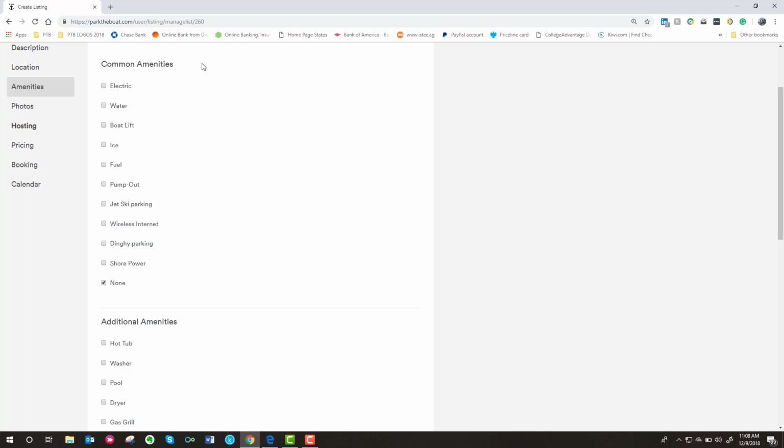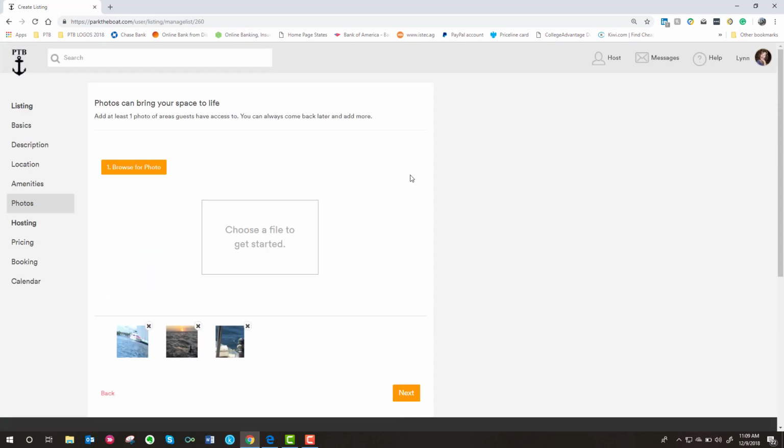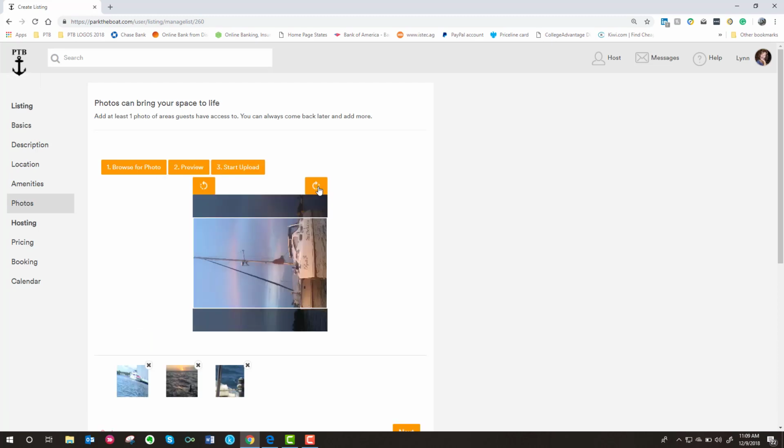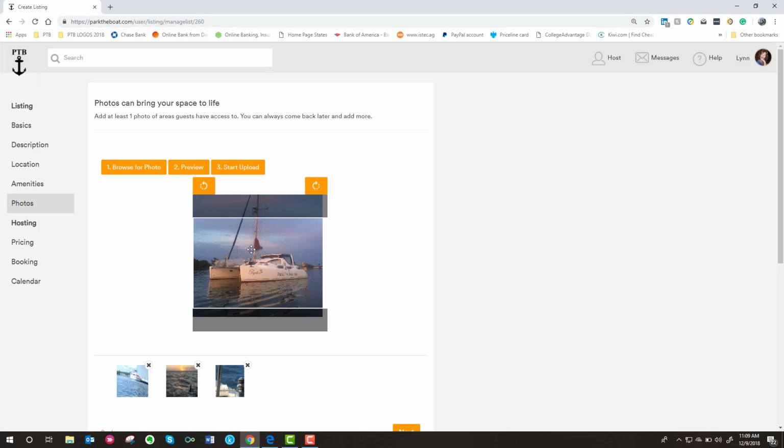The Amenities page is where you'll select the items you will allow your renters to use when parked at your dock. When you've completed the selections, click Next, and now you're at your Photos page. Here you may browse for photos on your computer. Once you've selected a photo, you may edit by putting your rotation on, by cropping the part of your dock